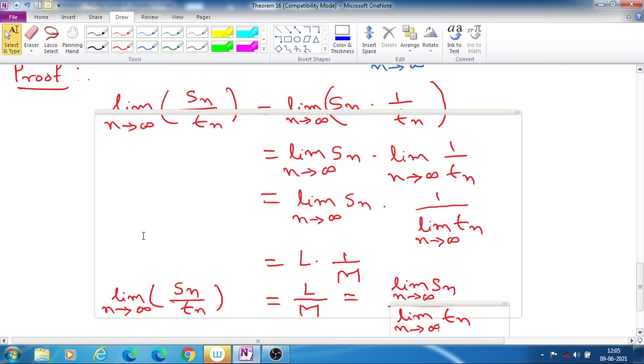So now we stop here. Here our chapter or unit, sequences and operations on sequences, is completed. In the next lecture we see a new topic. So we stop here.